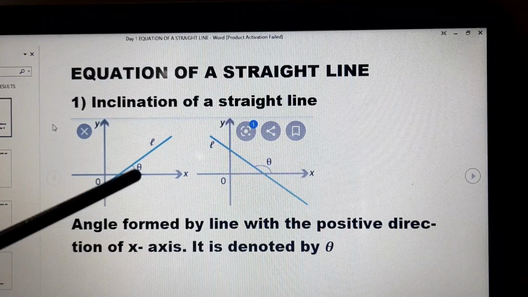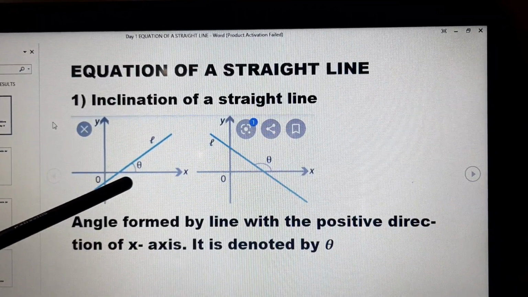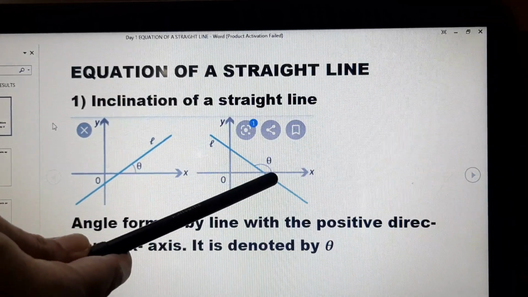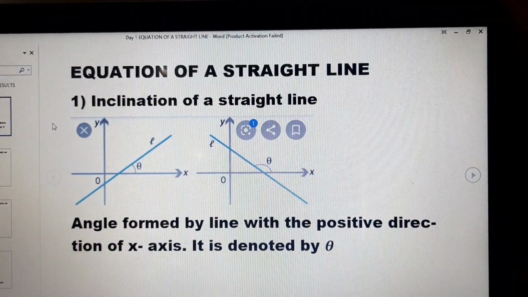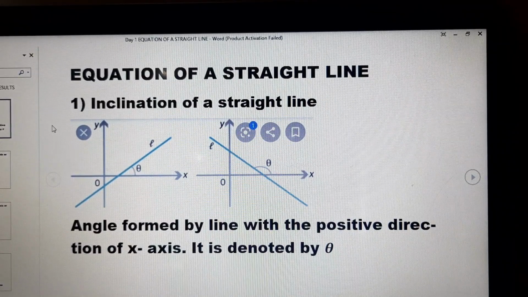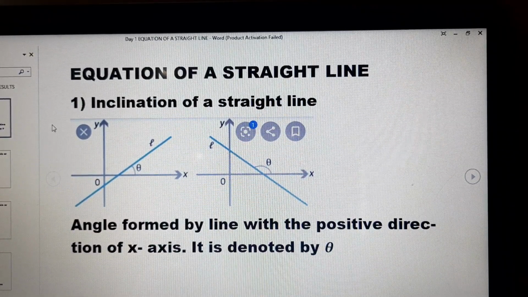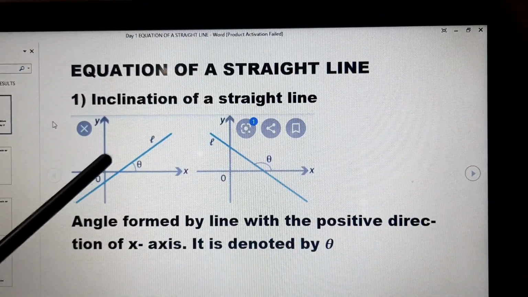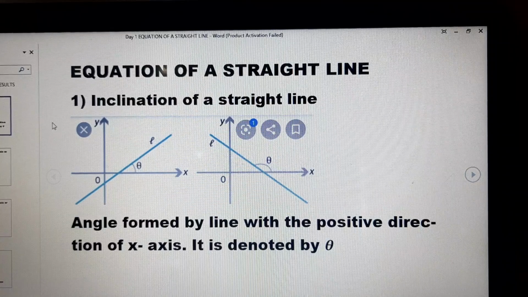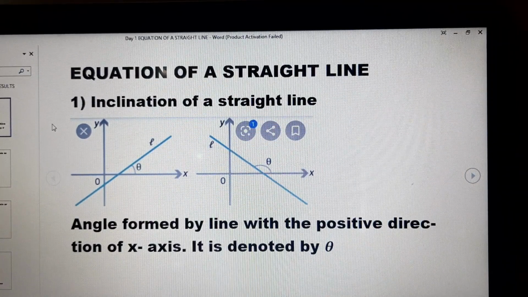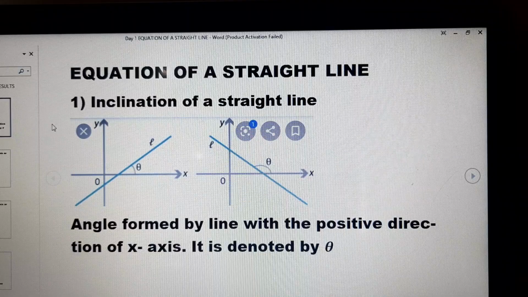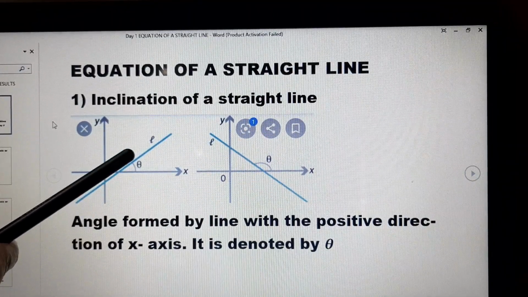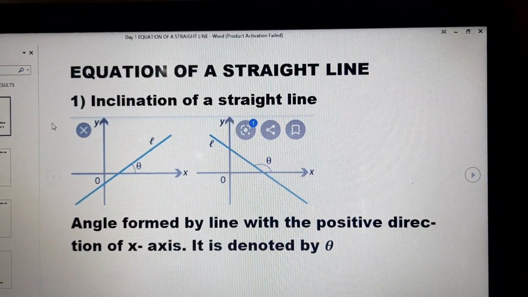You can see we have measured this angle. Angle theta is angle of inclination, and here angle theta will be measured this way from x-axis and from the positive direction of the x-axis anti-clockwise. Are you getting it? We will not take this angle. We will take the angles which are marked in the diagram from the positive direction of the x-axis. We will start measuring the angle from the x-axis and from the positive direction. It means anti-clockwise. Are you getting it?